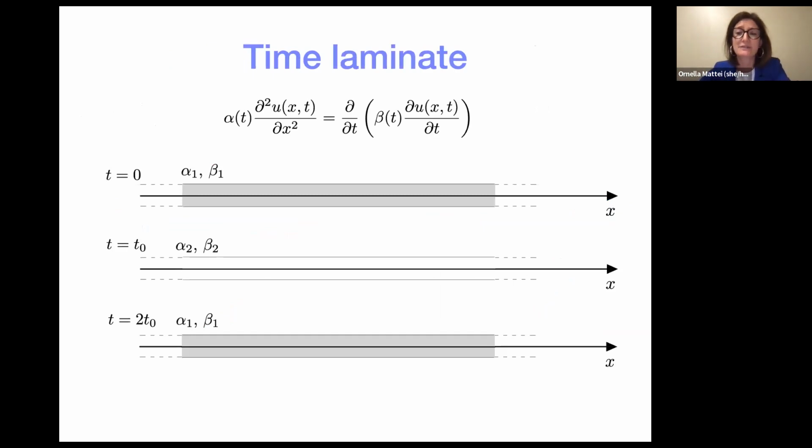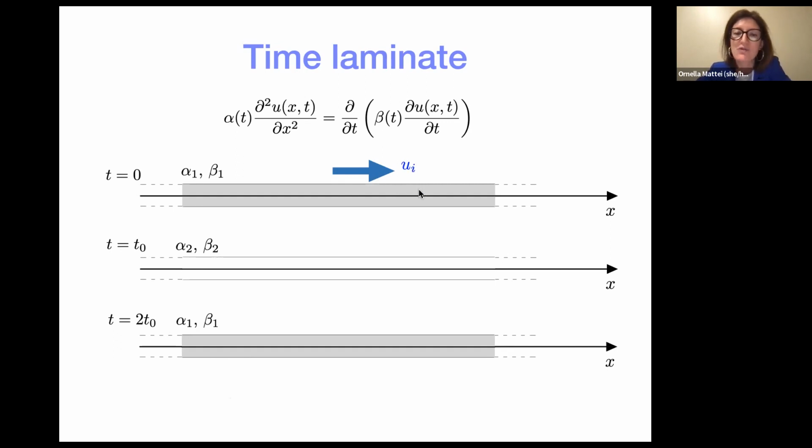But that's not it. There is another difference that I'm going to show by looking at a time laminate. By time laminate, I mean a material where, for instance, at time t equals 0, you have properties alpha 1, beta 1. And then instantaneously at time t equals t naught, you change those properties into alpha 2, beta 2. And then again, after another period of time t naught, you go back to alpha 1 and beta 1. Actually, you don't need to do this periodically, but okay, so let's see what happens to a pulse that propagates through this time laminate. So we start at time t equals 0, say with a pulse moving to the right